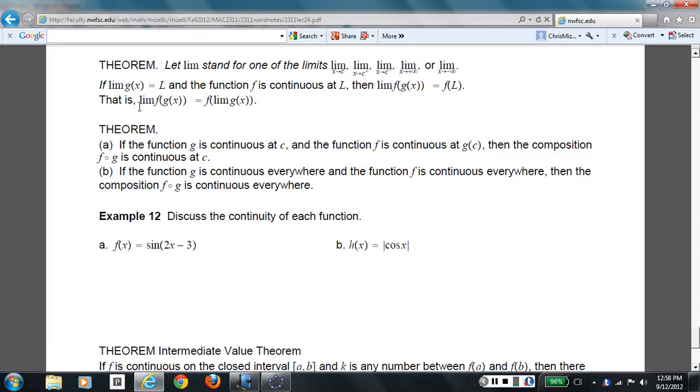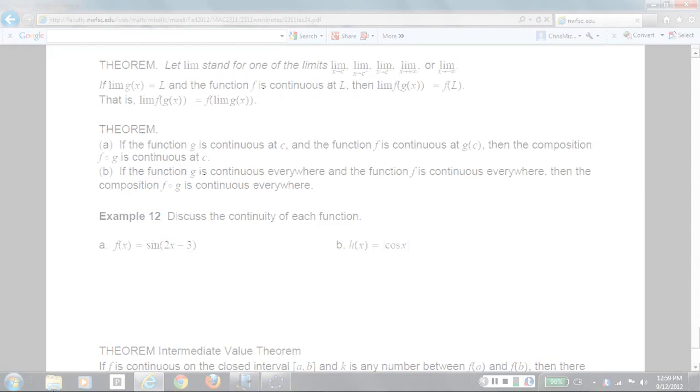There's an important example involving exponential functions, taking the derivative of the exponential function, where we'll want to pass the function through the limit when we calculate the limit. Discuss the continuity of each function. Well, basically, we just want to observe that we're dealing with two functions that are both continuous on their entire domains, and we're taking the composition of those functions. So if we look at 12 here,